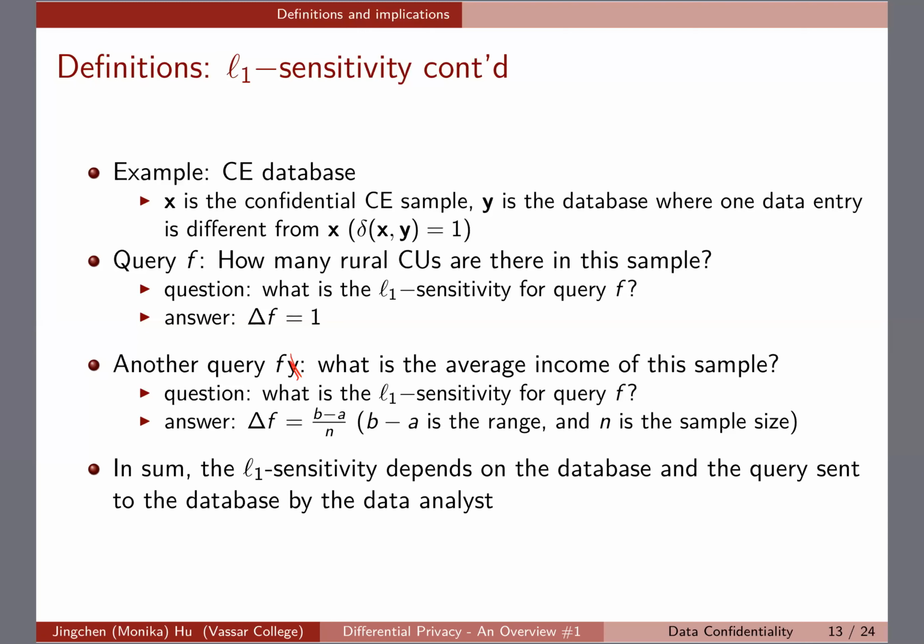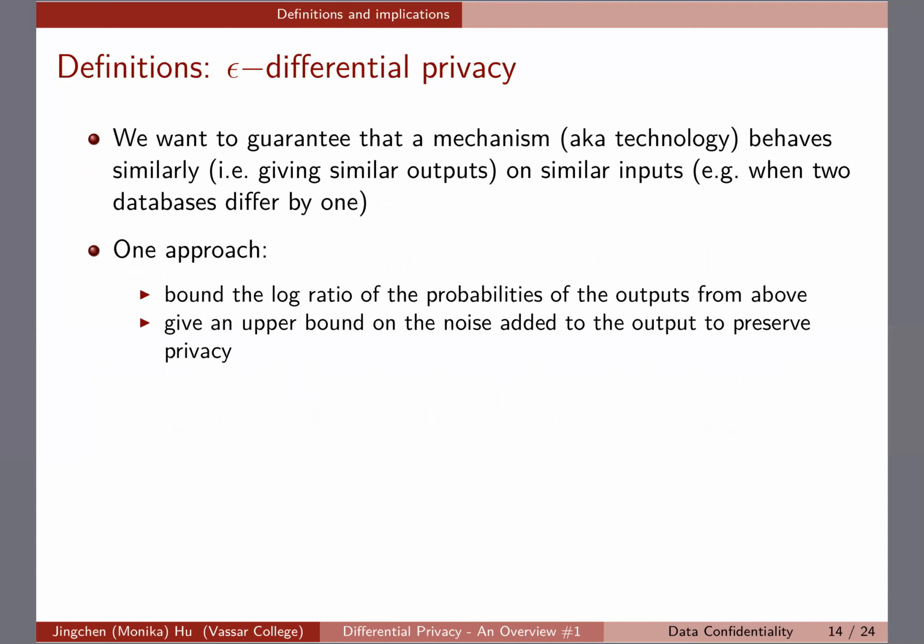We have summarized at least two cases here. If we're working with a count query, it's going to be delta F equals 1. If we're working with average income, it's going to be delta F equals B minus A divided by N. And you can naturally think about, what if I'm thinking about a query of standard deviation of income? So think about the formula for standard deviation and then factor that into delta F. For simple statistics, coming up with delta F should be overall straightforward, but we still should think carefully as we move along. All right, so with all of this in mind, we're finally able to define